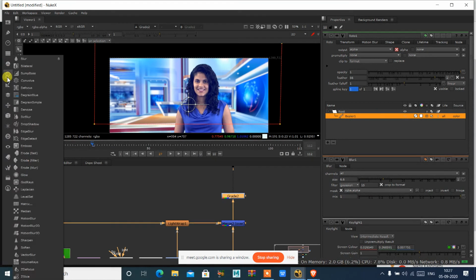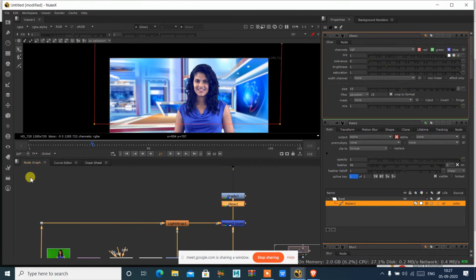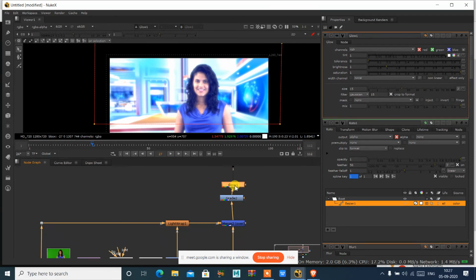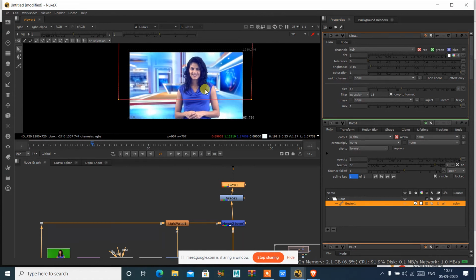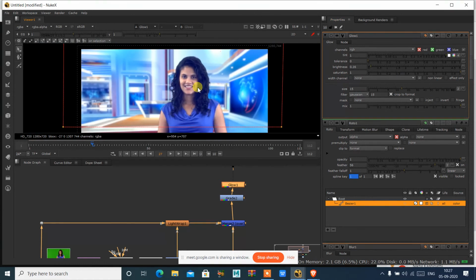Inside filters, we have different options, and you can see that we have glow and god rays. So I'll just add some glow. The amount of glow, how much you want to control for the scene: double click on this and you can reduce the amount of glow over here.